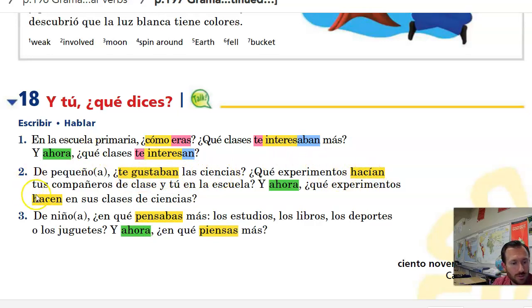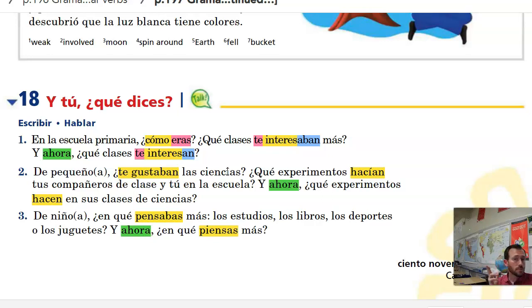¿Qué experimentos hacían tus compañeros de clase y tú en la escuela? This question's in the ustedes form, so you're going to respond in the nosotros form. Mis compañeros y yo. Compañeros means companion or classmate. Mis compañeros de clase y yo hacíamos experimentos de. You might need to look up some vocabulary. What kind of experiments did you do? Hacíamos experimentos de